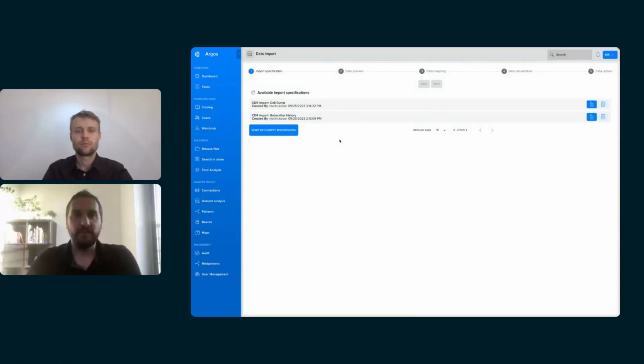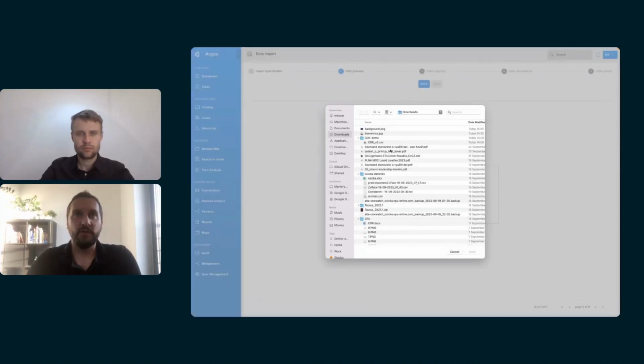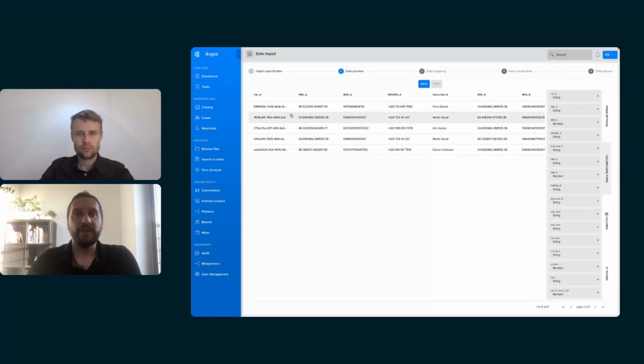and use them every time new data want to be imported into the system. So in here, I will now try to import CDR data related to one subscriber. So I have some prepared templates for my import, and I will select the one that is specifically designed for CDR data about subscriber. I will select the file that I've received from the mobile network operator,